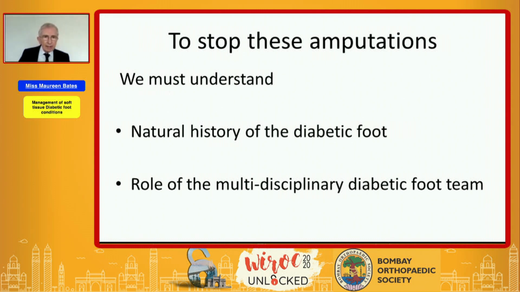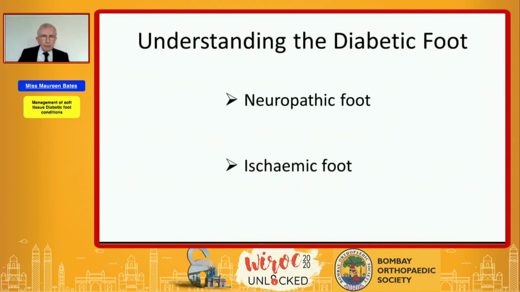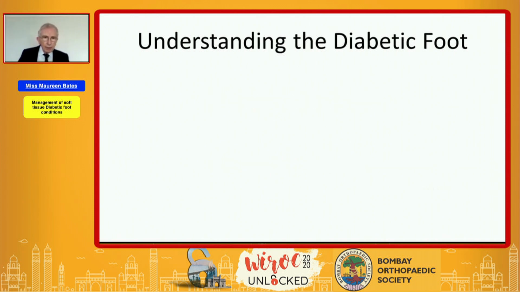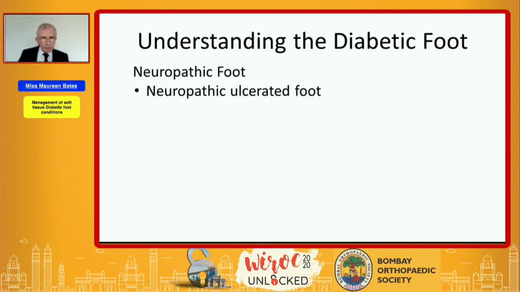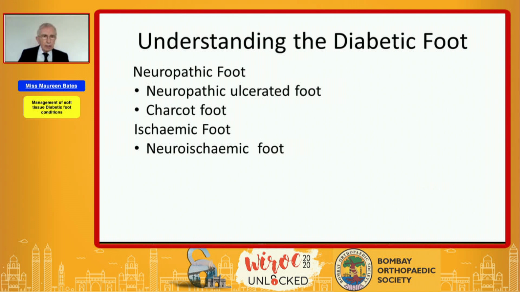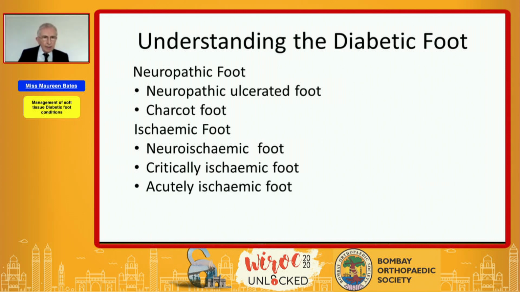We must understand the natural history of the diabetic foot and the role of the multidisciplinary diabetic foot team in reducing these amputations. The diabetic foot can be divided into two entities, the neuropathic foot and the ischemic foot. Furthermore, the neuropathic foot can be subdivided into the neuropathic ulcerated foot and the Charcot foot, and the ischemic foot into the neuroischemic foot, with both neuropathy and moderate ischemia, the critically ischemic foot with severe ischemia, and the acutely